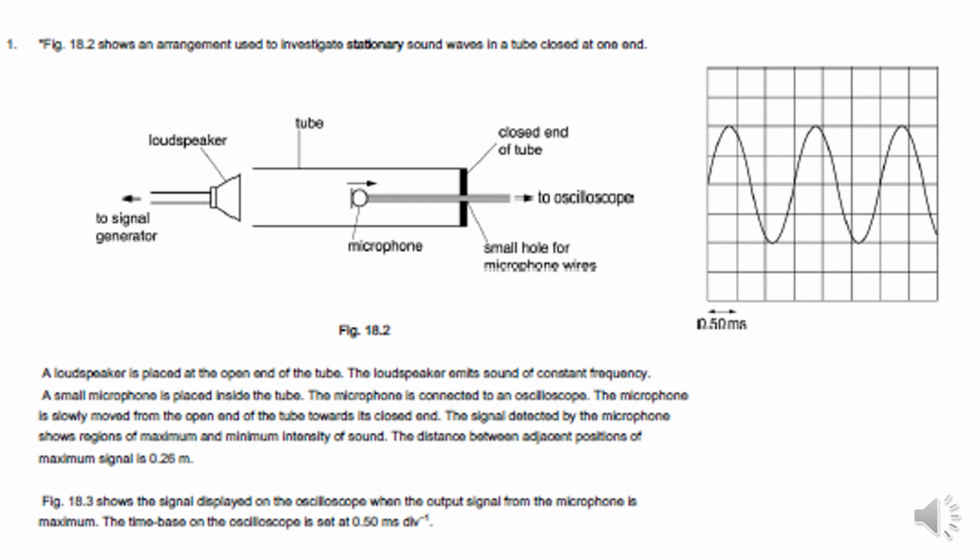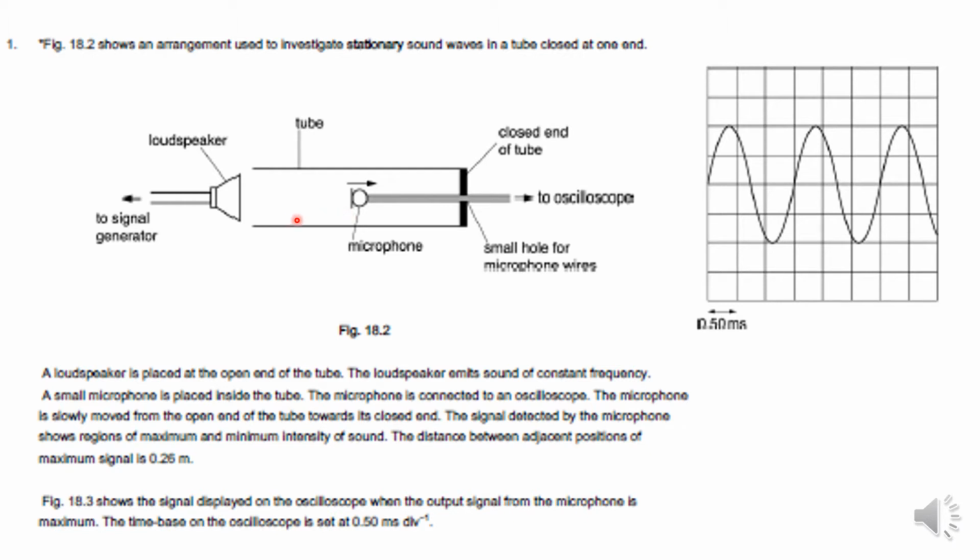Right, so this is the first of the 6 markers. I'm just going to turn the pointer on. And this one is a stationary waves question. You've got sound waves coming from the loudspeaker here, travelling along, hitting this closed fixed end of the tube, reflecting,